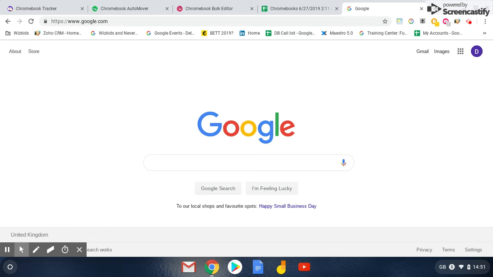So Wizkids Fleet Management is a suite of 3 apps that enhance the functionality of Google's Chrome management licenses. So what we do at Wizkids is if you purchase a CDM license or a Chrome device management license from us, you get the Wizkids Fleet Management license included at no extra cost as a bundle, just as a way